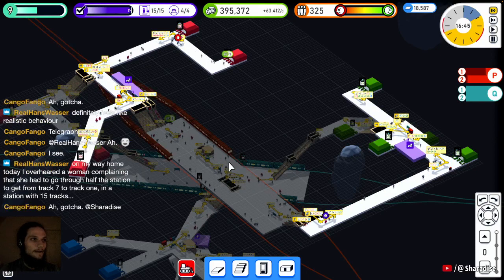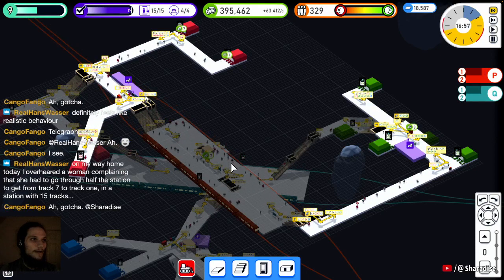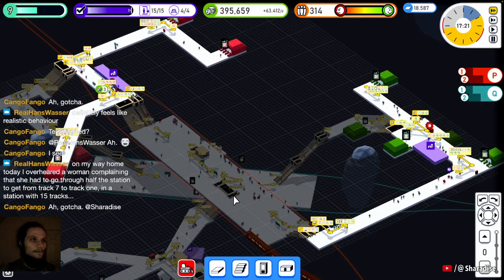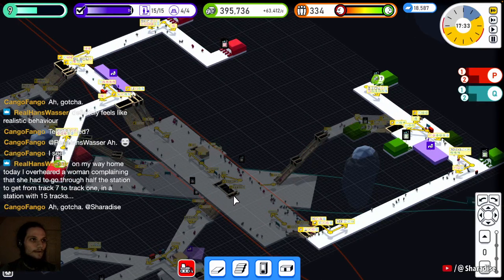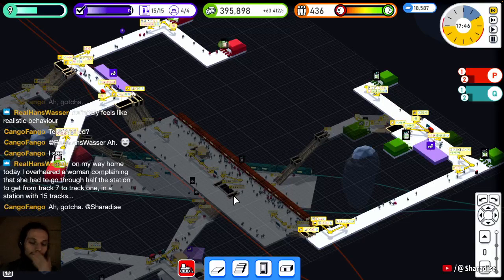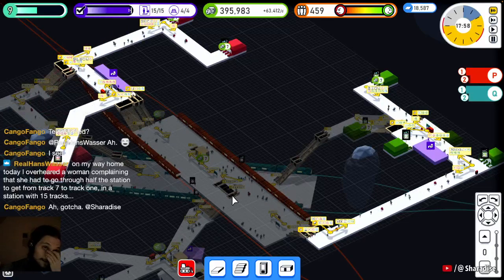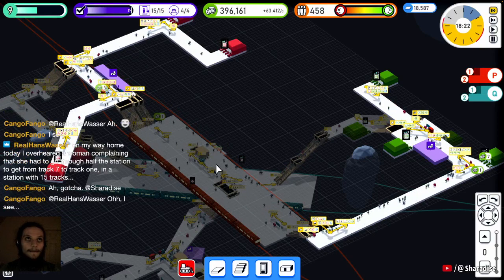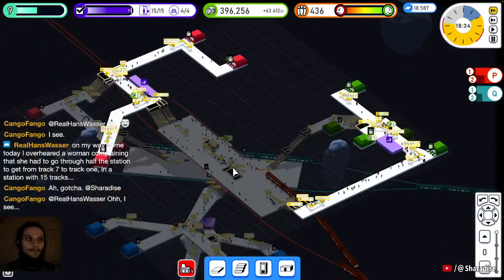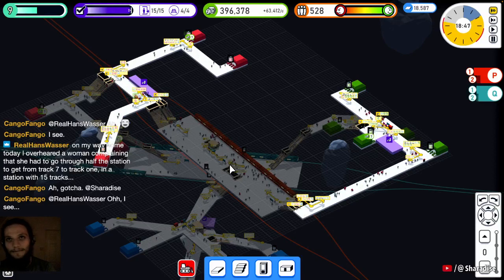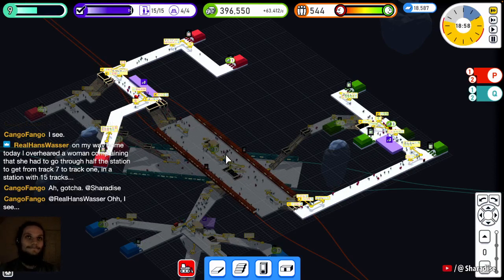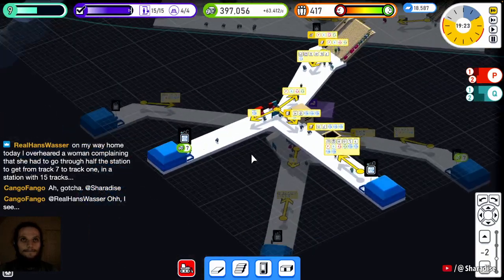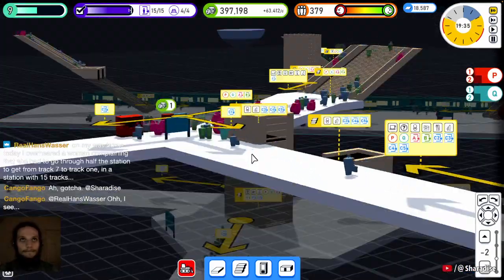On my way home today, I overheard a woman complaining that she had to go through half the station to get from track 7 to track 1 in a station with 15 tracks. Yeah, you know, I believed you that the people's stupid behavior is realistic. You didn't have to give an example. No, I'm joking. Thanks for giving an example. That's delightfully annoying to hear. And by delightful, I mean, well,